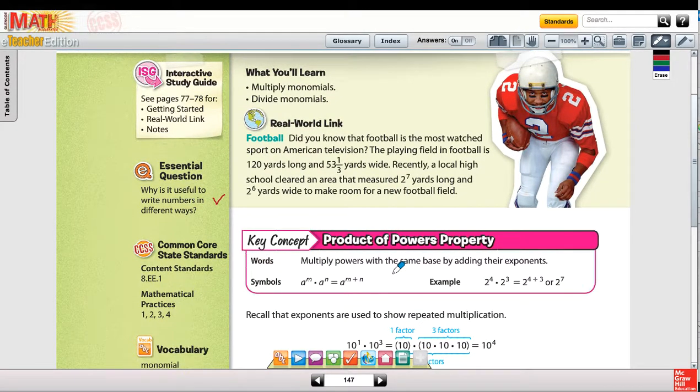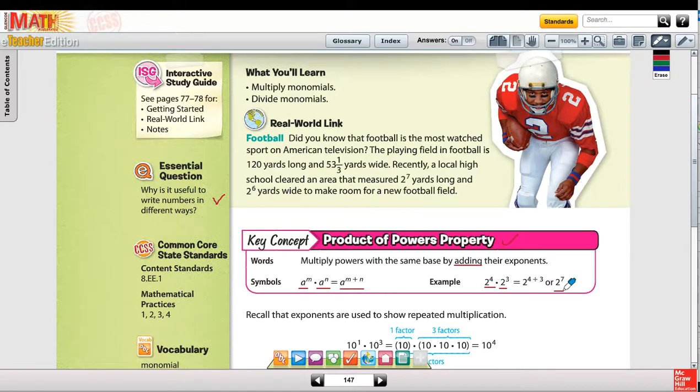On your note sheet, the first thing you have to fill in is the key concept, the product of powers property. When you multiply powers with the same base, you add their exponents. So a to the m times a to the n is equal to a to the m plus n, or 2 to the fourth times 2 to the third is equal to 2 to the 4 plus 3, or